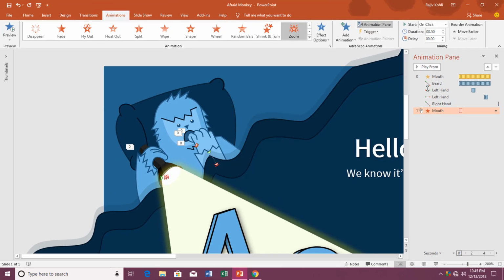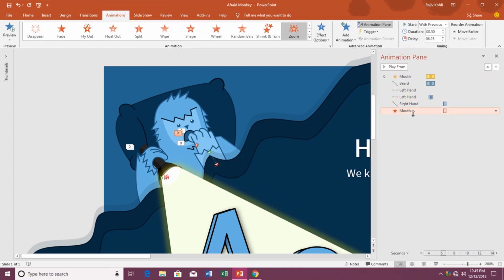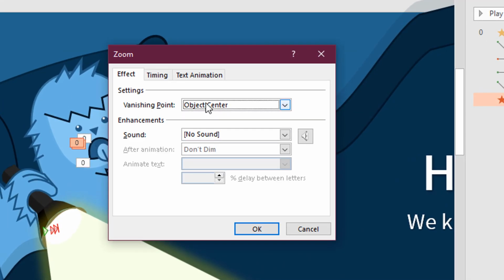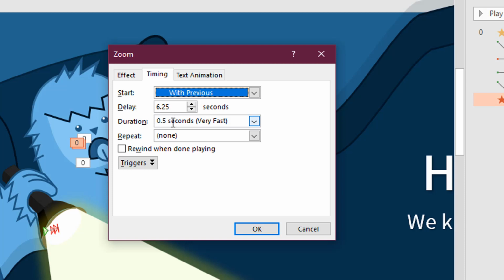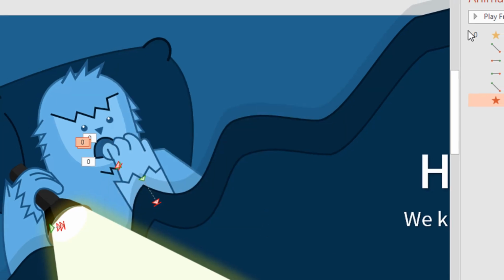Hit the OK key, set it to play with previous, and for this effect open the effect options, and I need this default object center here, and in the timing tab set the duration to 0.25 seconds and delay timing to 7.25 seconds. Hit the OK key. Okay, that's fine.